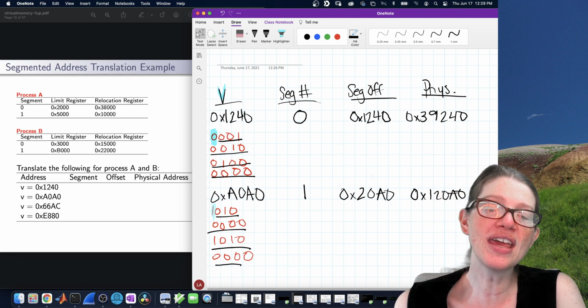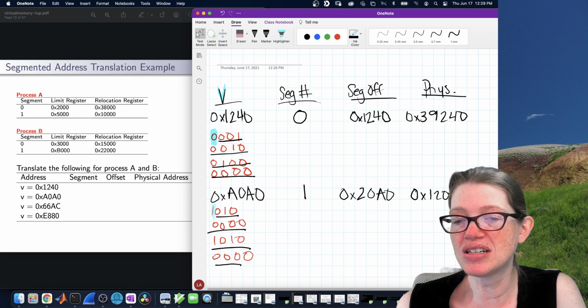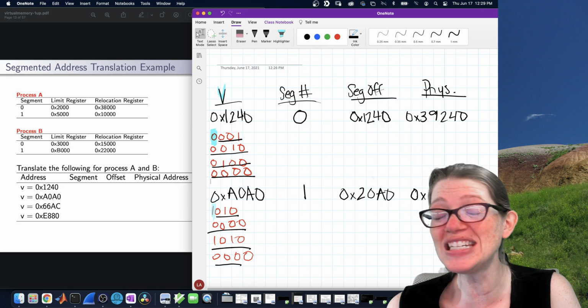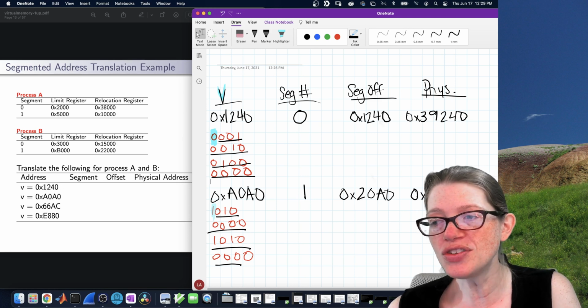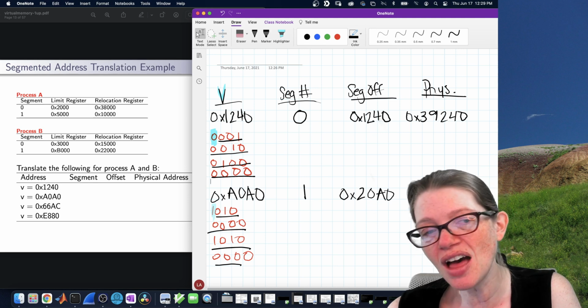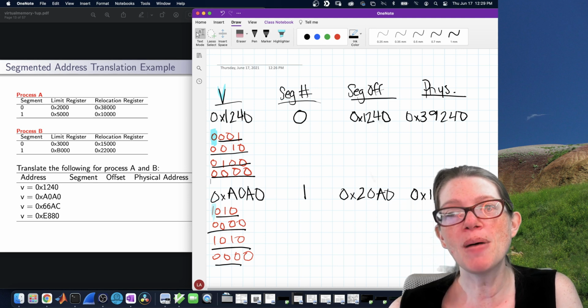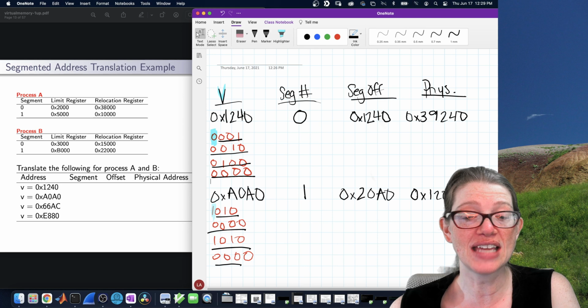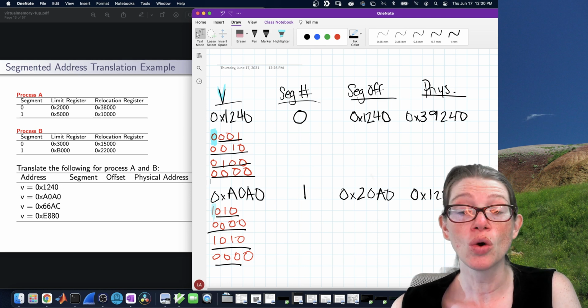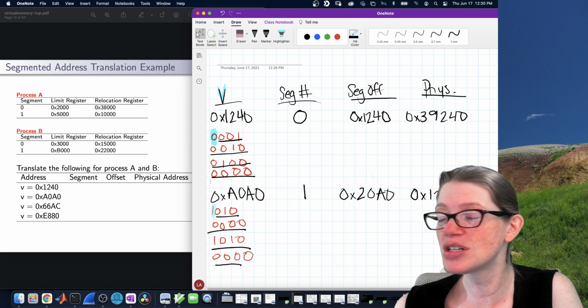Now, in our next episode, we're going to look at how we can get rid of the external fragmentation. We get external fragmentation because each allocation is of a different size. So I want to extend the idea of segmentation, but make it so every allocation is the same size. And how we're going to do that is with paging. So in our next episode, we are going to talk about paging, which I'm sure you might remember from